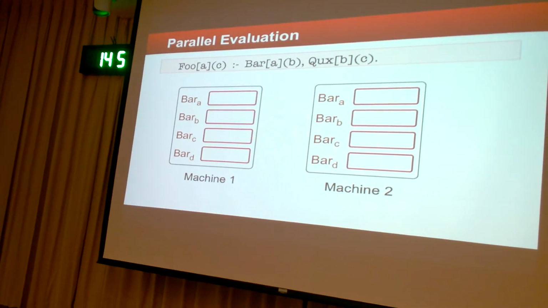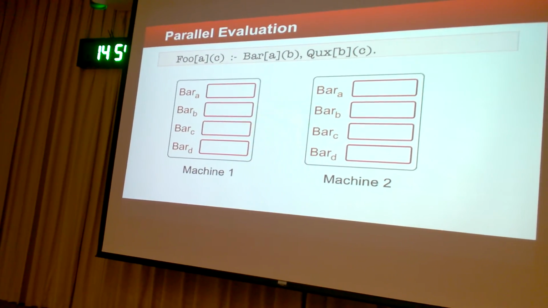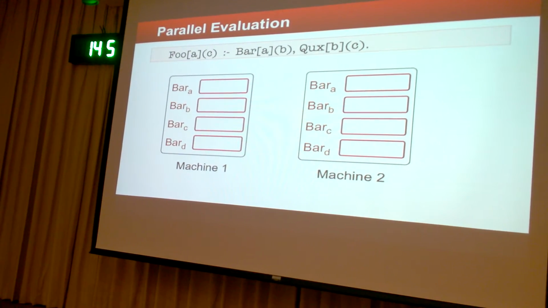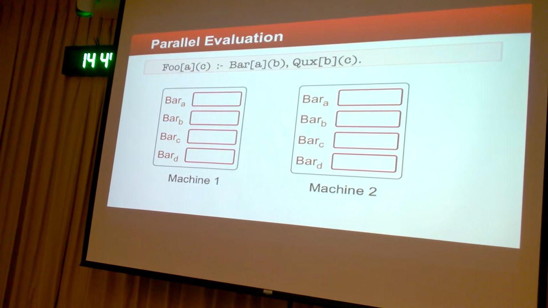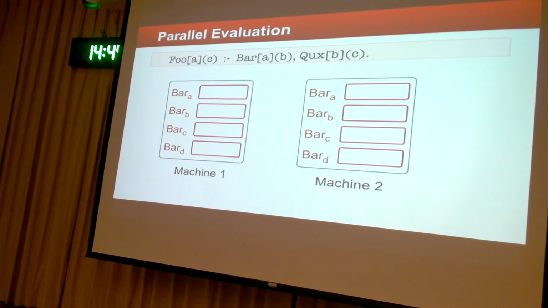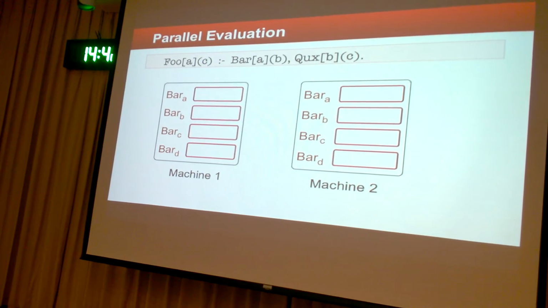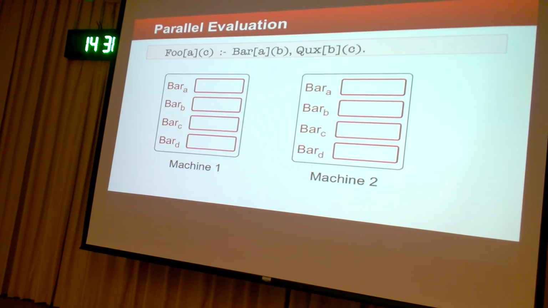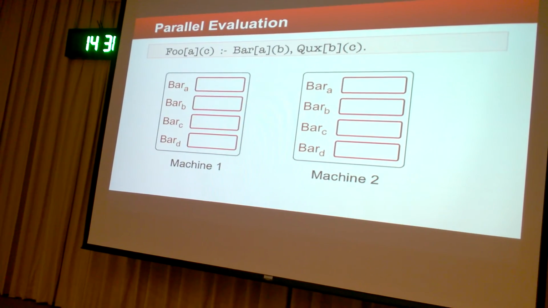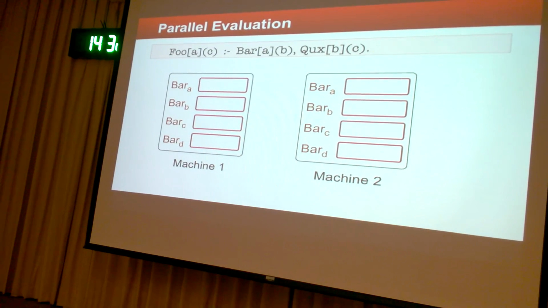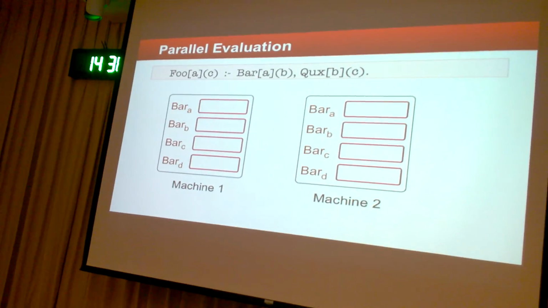So let me use the same rule here to describe how we make use of multiple cores. So given two machines, we partition the tables into two pieces. But each partition on each machine is further divided into sub-partitions. And given a socialized rule like this, we create multiple evaluation tasks, as many as the number of sub